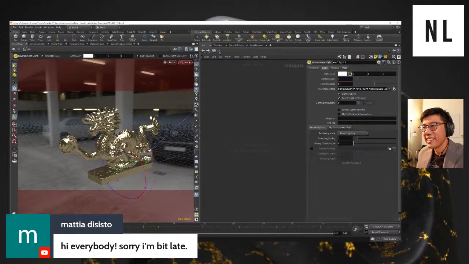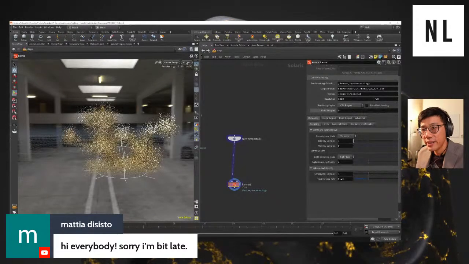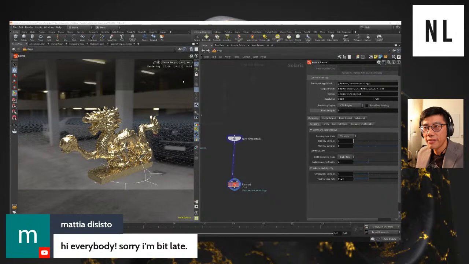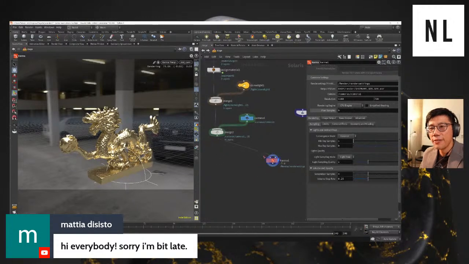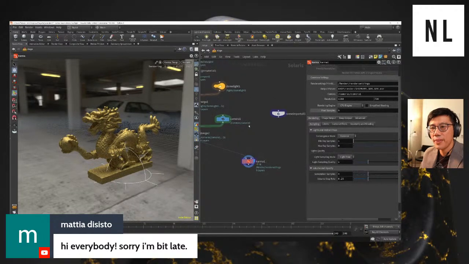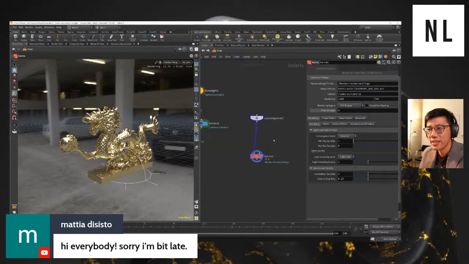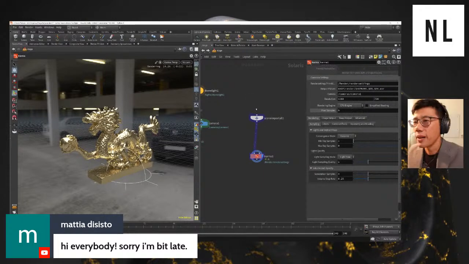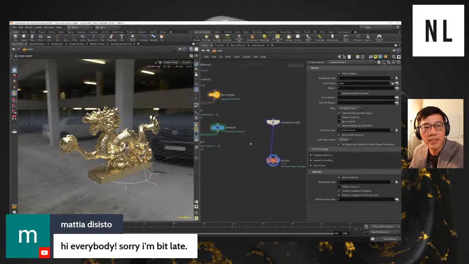Object context. Let's go back to stage, and let's turn back on Karma. Let's put in our object camera. Okay, fine. We have to be looking through that object camera. But what we were mentioning is that your materials look very different, even though I just created the same exact principled shader. I don't know. I like the new scene import stuff. So this is probably what a lot of people will be doing. At least at the beginning, this would be a really good way to sort of get into